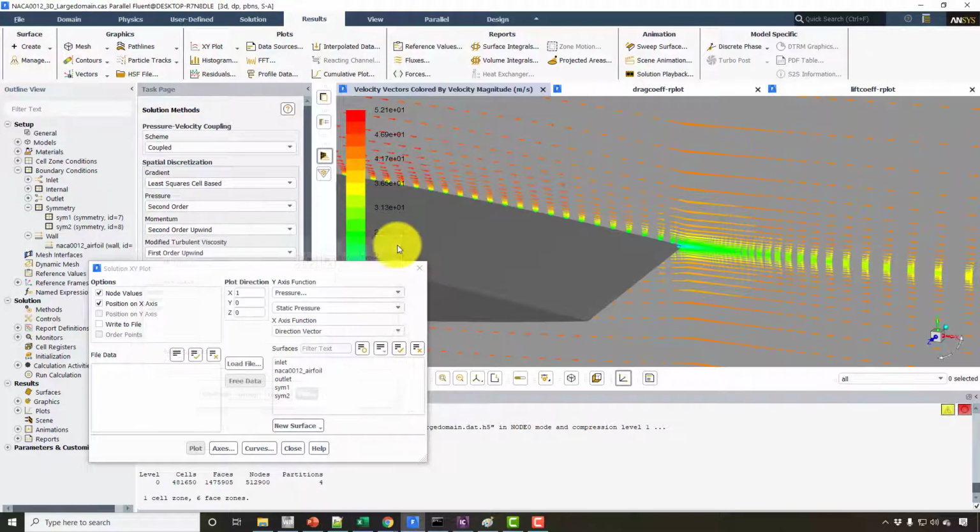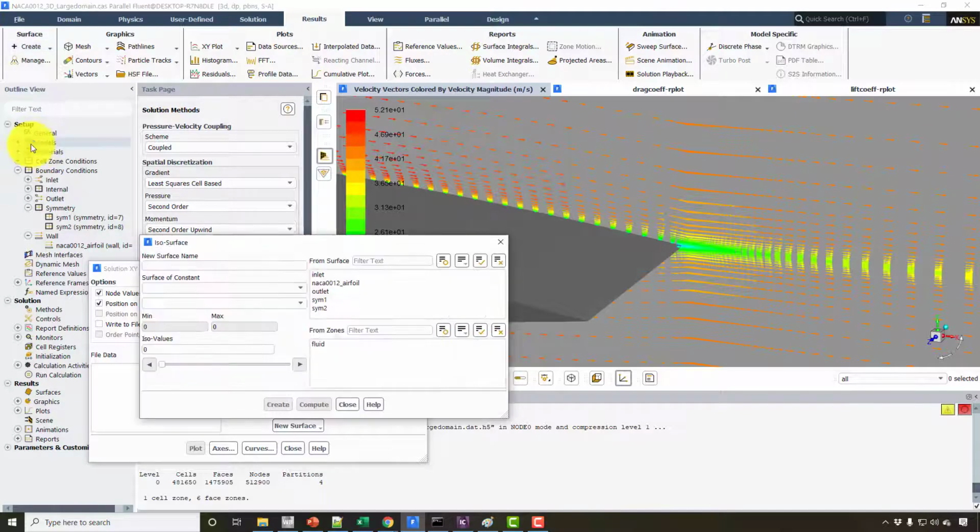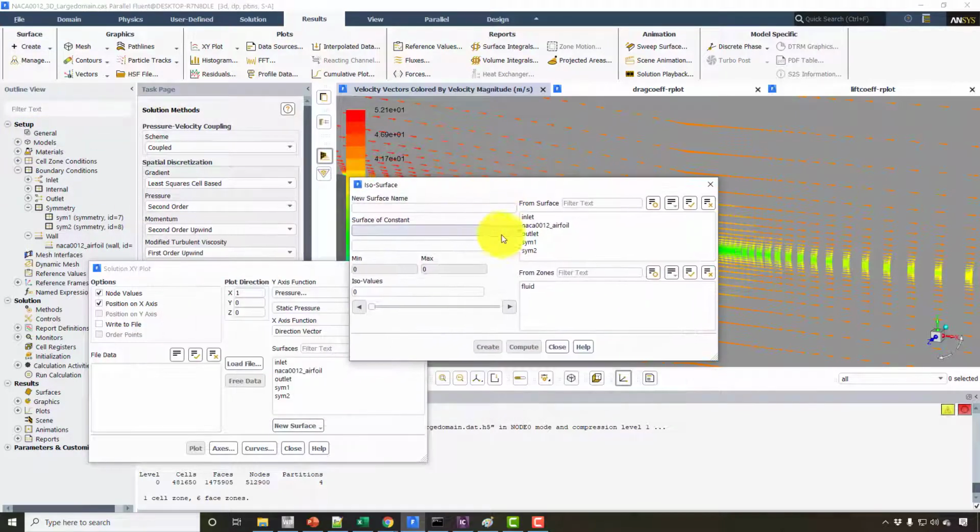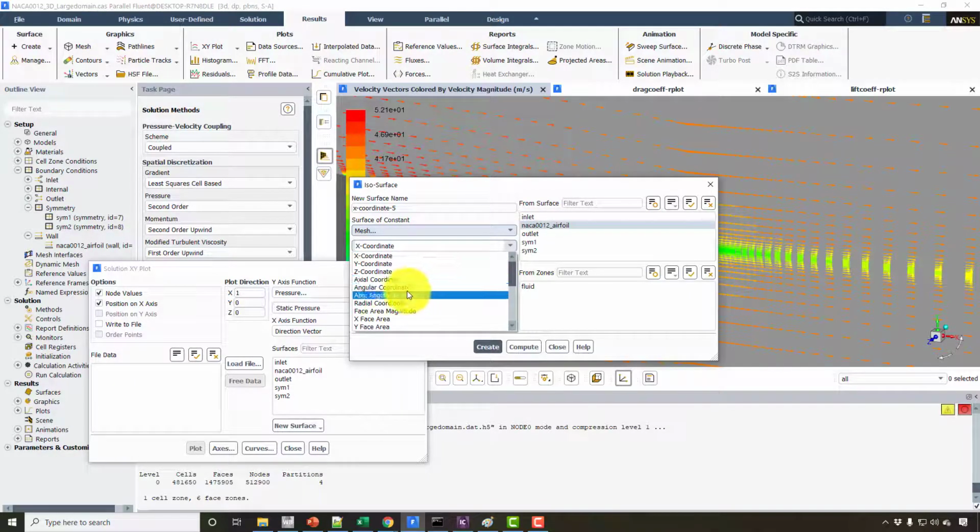So for that we can create the surface. From the create menu, we are going to use isosurface, and in this we are going to use the z value, and this will be on the NACA 0012 aerofoil, and I will use a mesh, and I will use a z coordinate so I can compute.